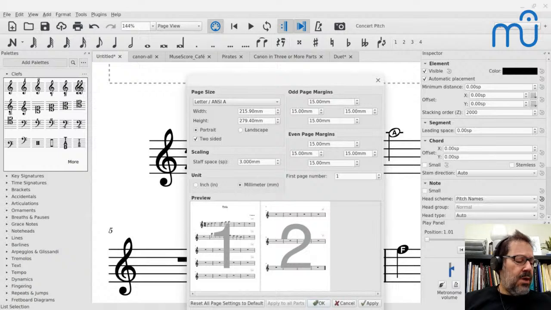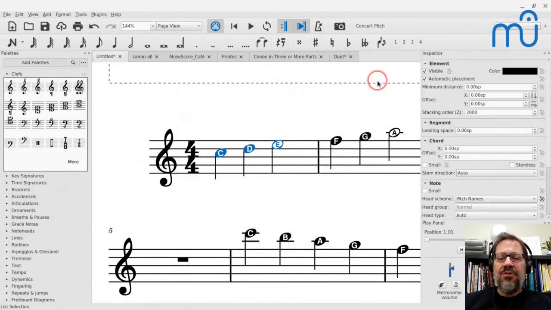Okay, so Bob, you're doing analysis for music theory, and you need note names. That seems a little incongruous to me. If you're doing music theory analysis, you would normally not want note names in there, because that's going to get in the way of the rest of your analysis with Roman numerals and so forth. By the way, speaking of analysis, if I do want